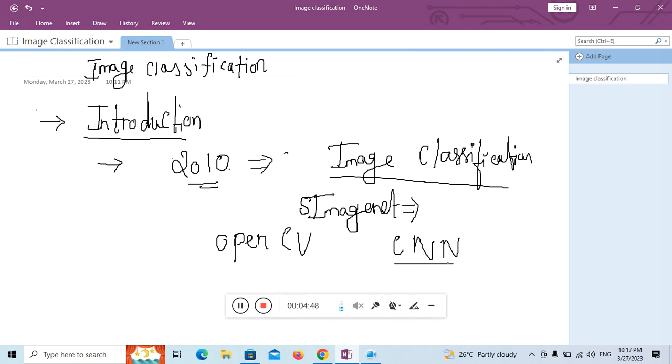In this particular video, we are going to build a classification model using TensorFlow as a backend. This is about the first video, folks. In the next video we'll discuss what particular things we are going to cover.